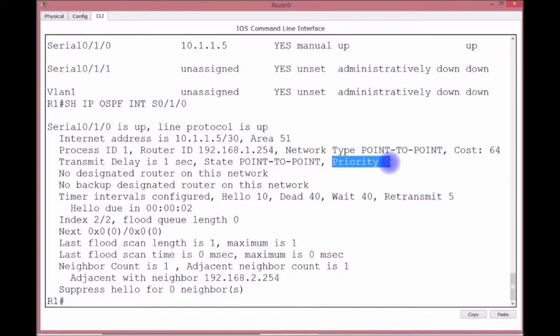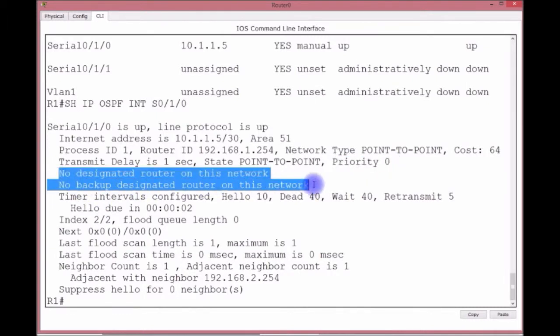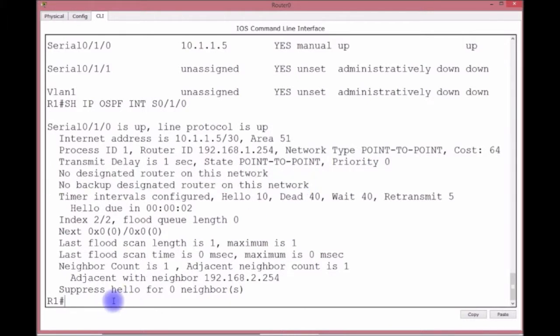Serial point-to-point, or point-to-multipoint, will not have a priority. Okay, serial interfaces. Let me say that again. Serial interfaces, its priority will be 0. Therefore, you will have no backup or designated router on your network. Okay. Now let me show you this one right here. Same one I up arrowed. Show IP OSPF interface